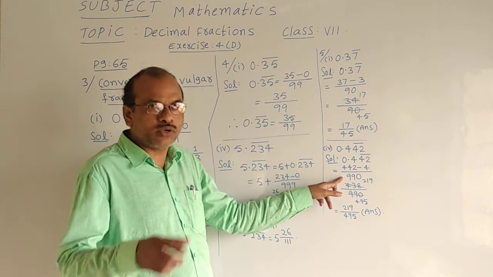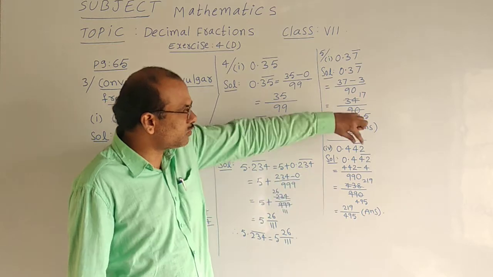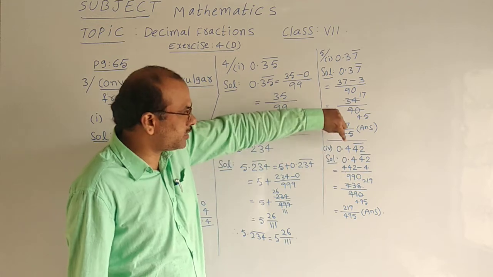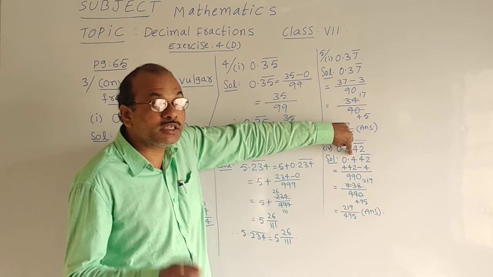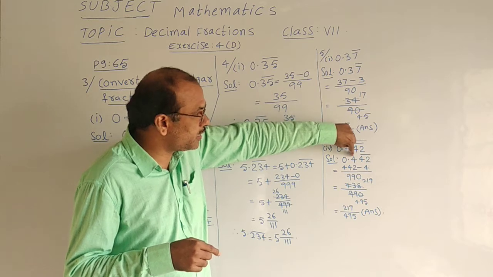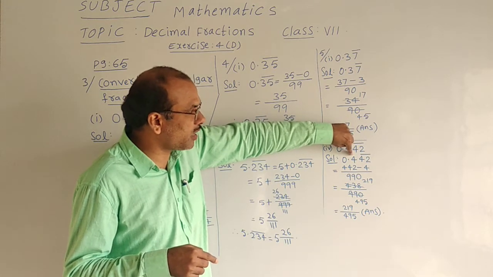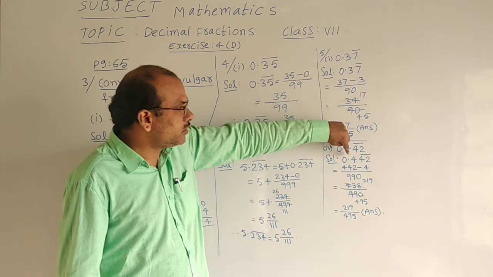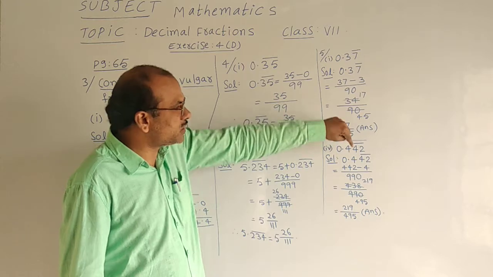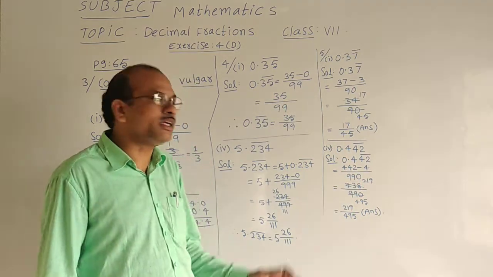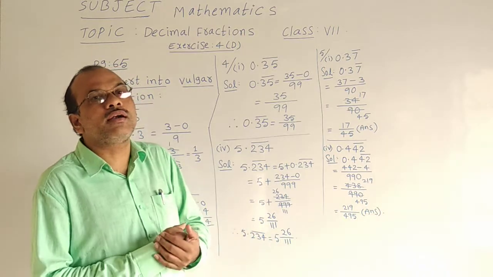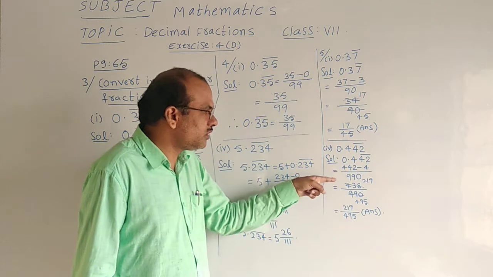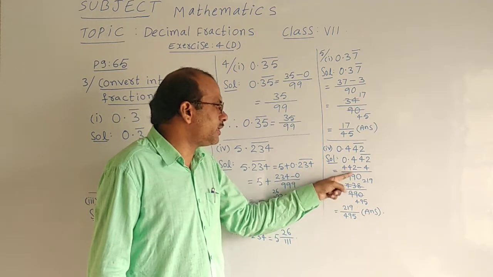Am I correct? So in this way we have to do. Since we have 2 digits under the bar, 2 times 9 I must write in the denominator. One digit in the decimal part is not under the bar, that means this 4 does not have a bar. Only one digit is without a bar in the decimal part, that's why 1 time 0 we write beside 99. That is called 990. Then 442 minus 4 is 438, by 990.